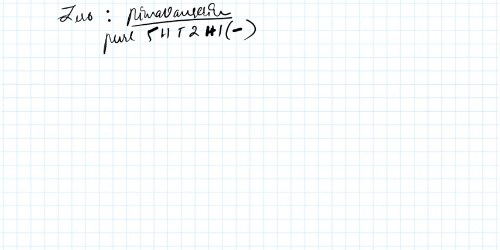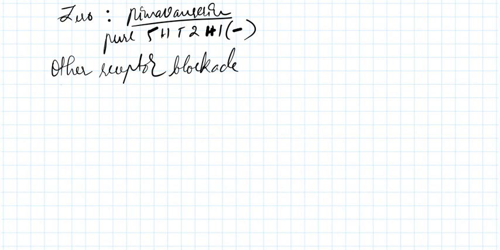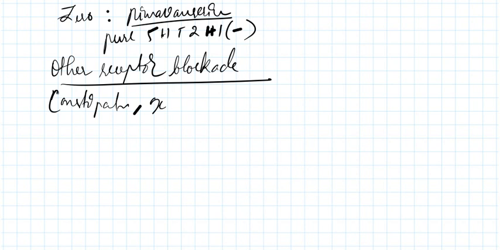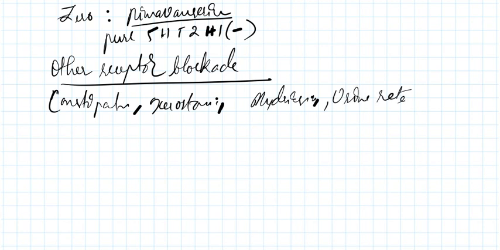Okay, now if there is blockade of receptors other than D2, what side effects may occur? Simple, there will be constipation, dry mouth, that is xerostomia, then mydriasis, urine retention. In simple words, all these symptoms occur due to blockage of which receptor? Simple, muscarinic receptor. So if there is a muscarinic blockade caused by antipsychotics, the side effects are constipation, xerostomia, mydriasis, urine retention, and obviously if there is M blockade, you should